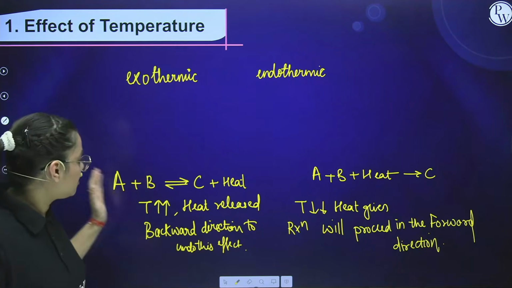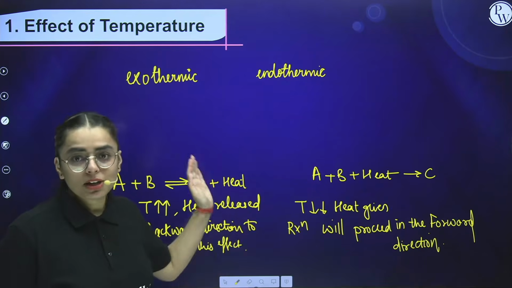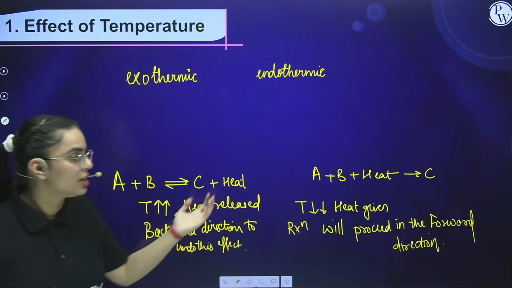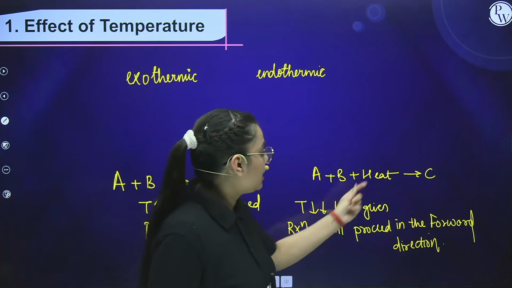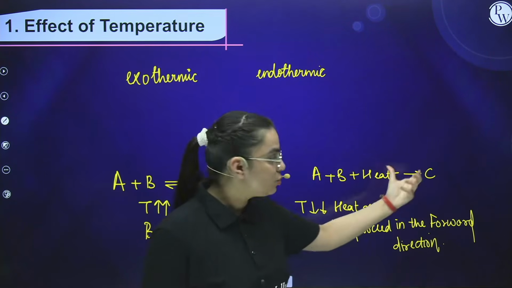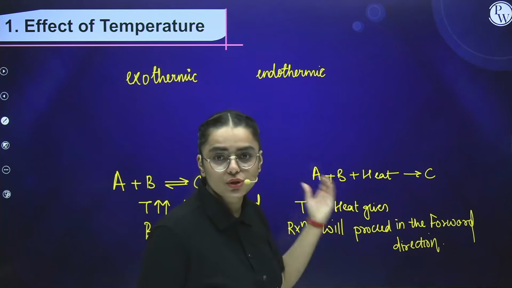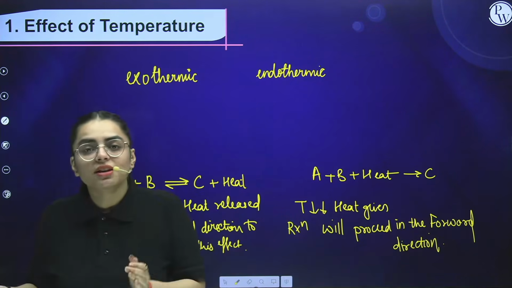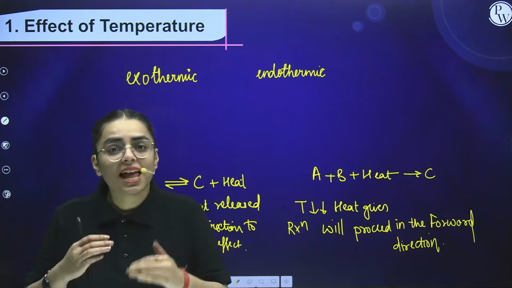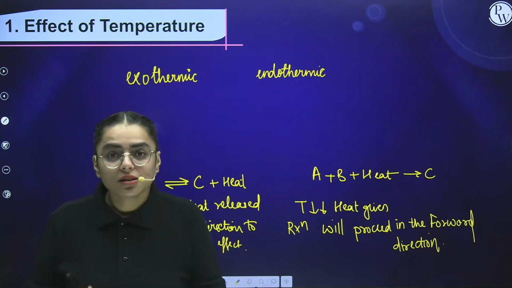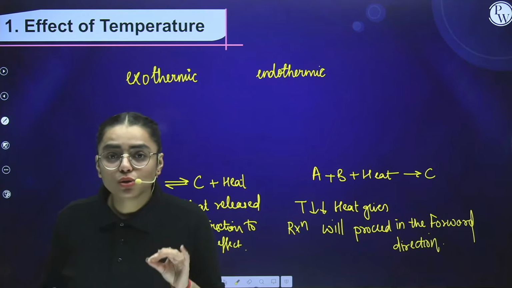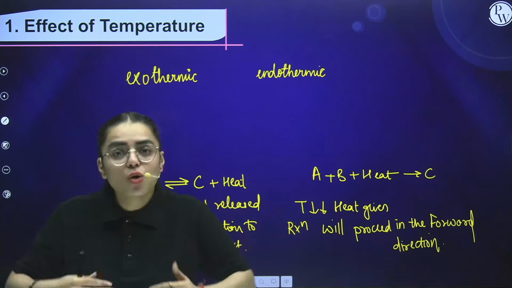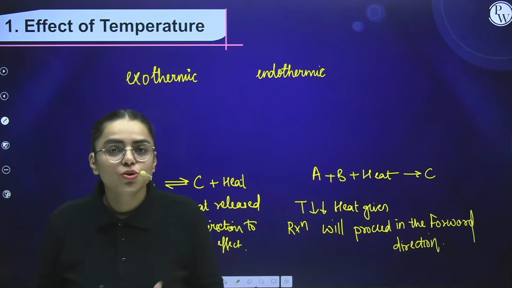See, in this case, this was moving in this direction, but to reduce this effect, because here heat is released, it will move in the backward direction. Here, what was happening? Heat was given to the system to get converted. Now this is more in number. We have to reduce it. To reduce it, this will be converted into this. So we need to undo the effect. This is what the Le-Chatelier principle explains to students. Is it clear? Both of the reactions are now clear to you. When heat is released or when heat is given, what is the effect and how does the reaction proceed? I hope it is clear to you.